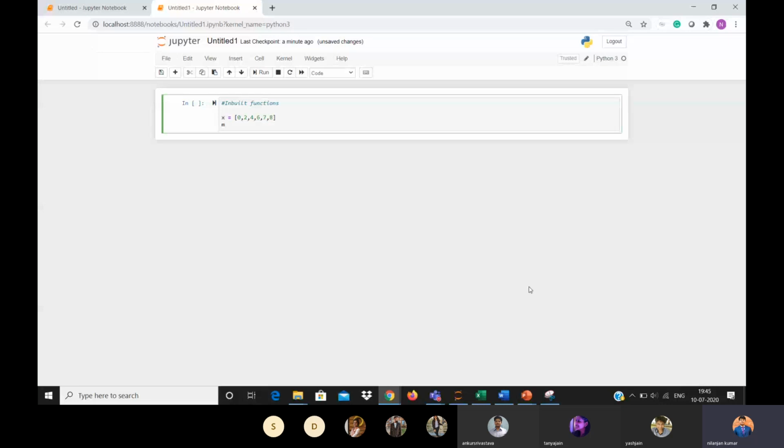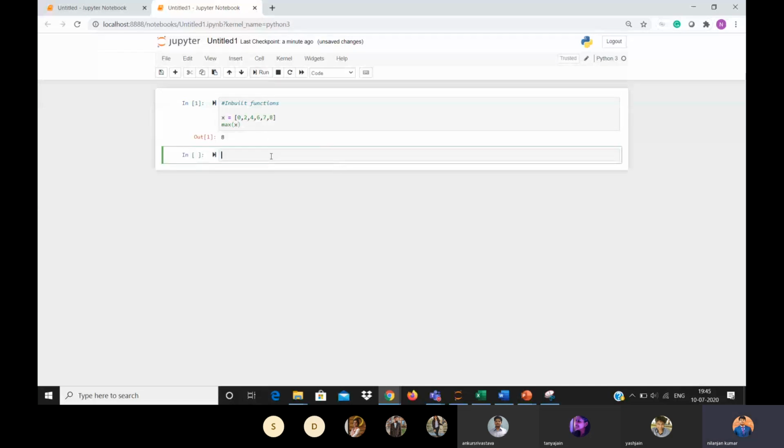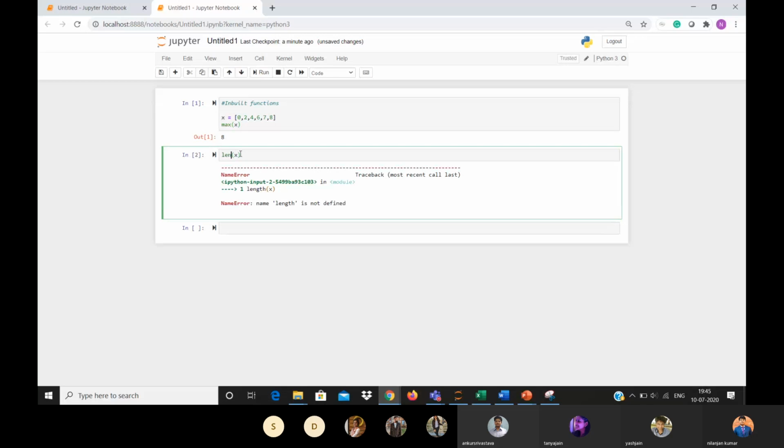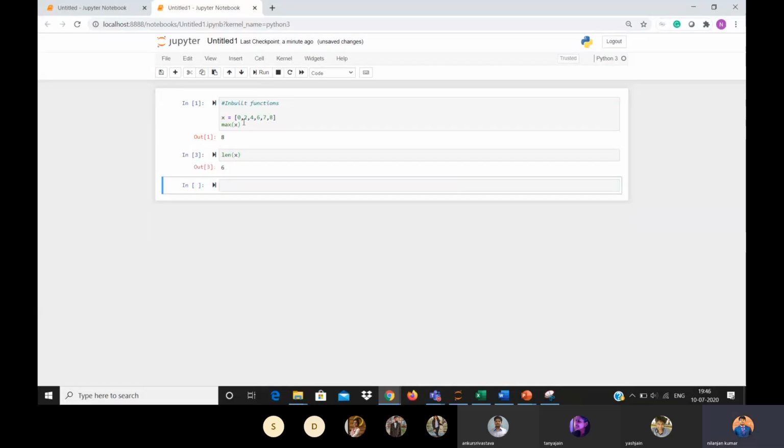If we take max of x and run it, it will give 8. Similarly, we can see length of x. There are 6 numbers in the list, so length is 6. We can also do the round function, like round